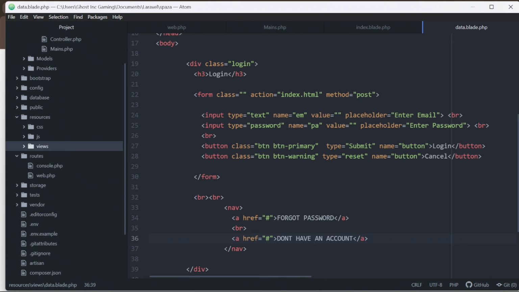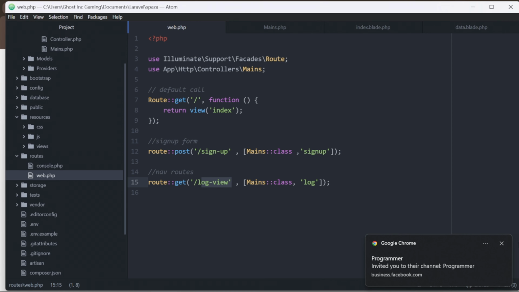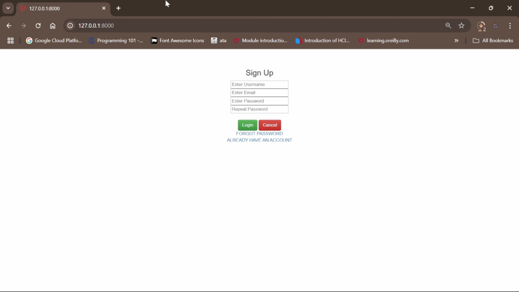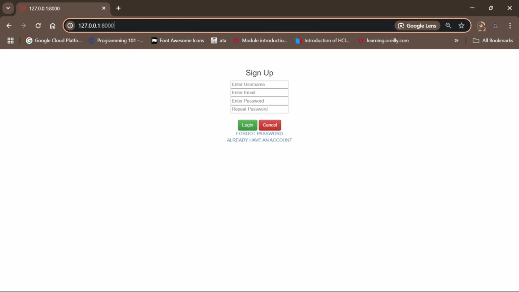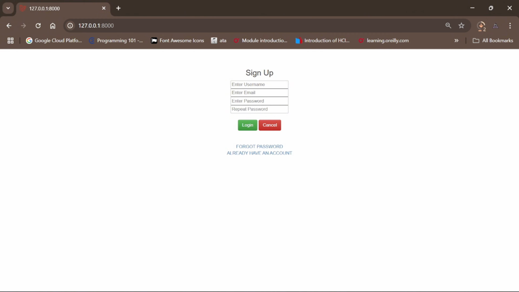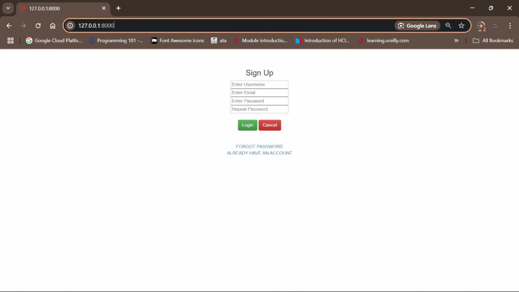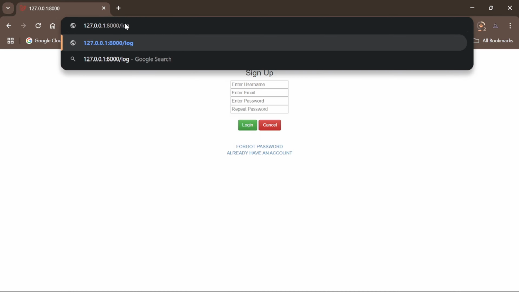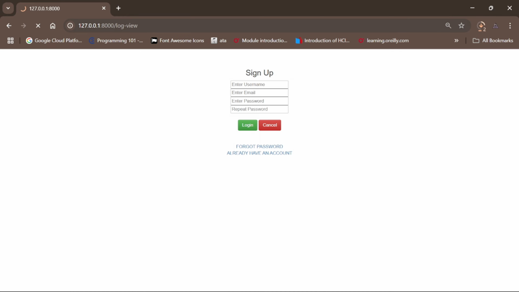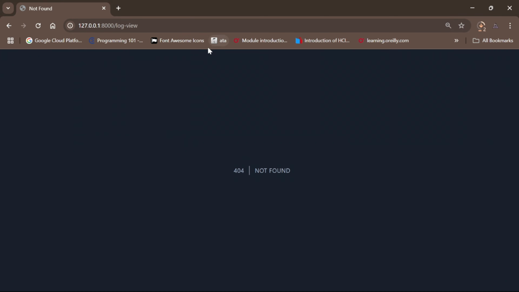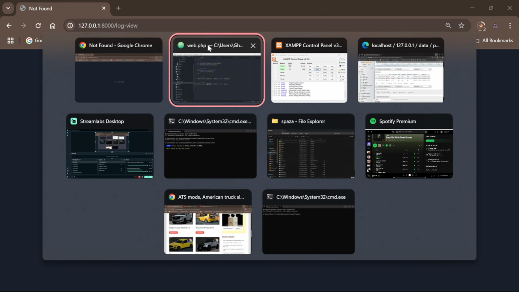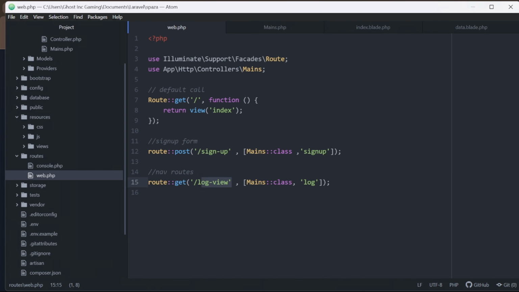Now remember that we've now created a route called what? Log view. Now if we are to come back to our text browser and obviously refresh, then if we are to also check our log.view route, it takes us to this page. So I need to come back and optimize first. Log view,